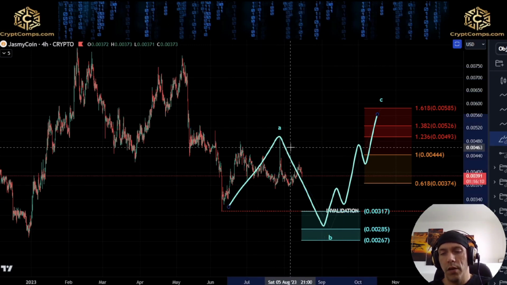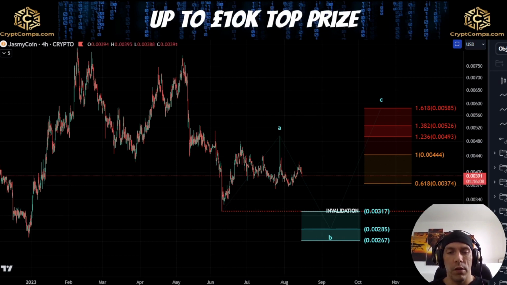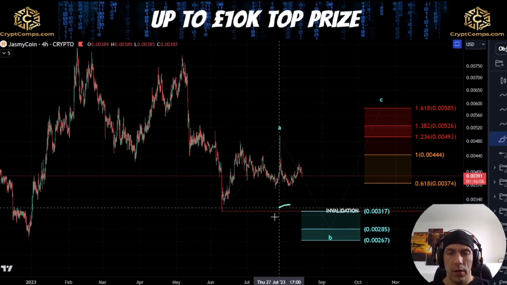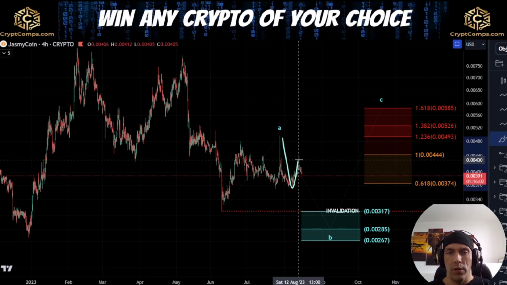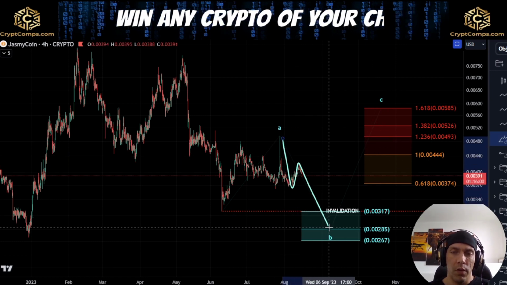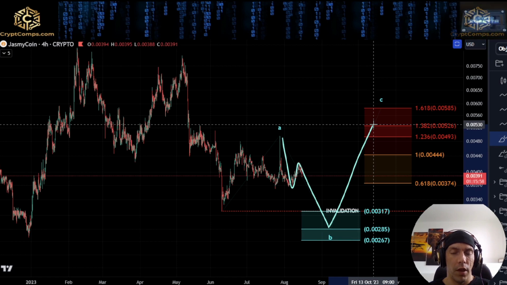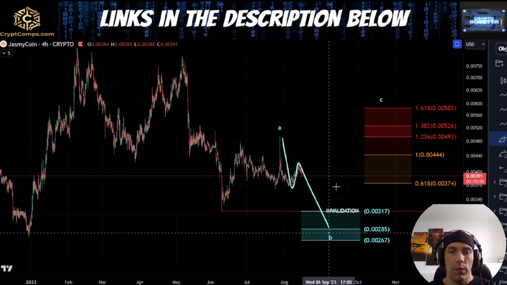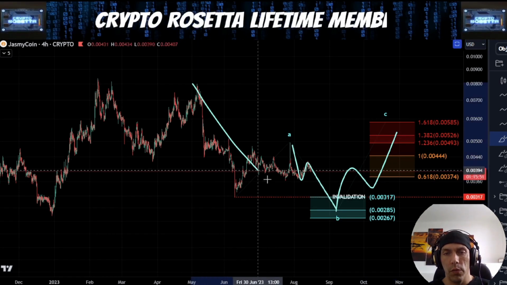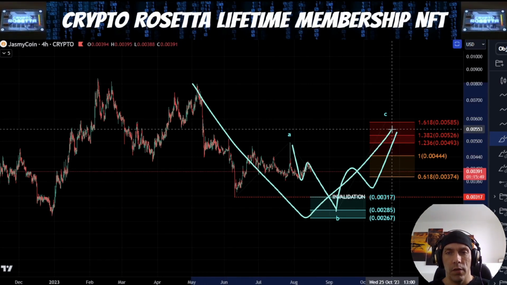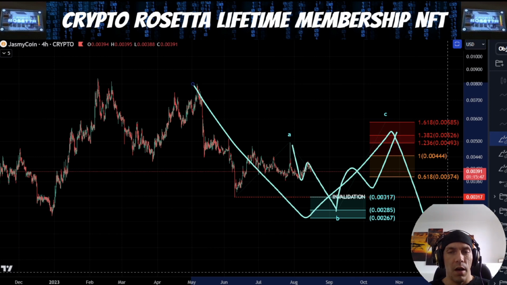We need to see where the price can continue to hold these key bullish levels. If we do lose this level here of this 317, what I want to see is how we break down. If we just break down in 3 waves here, we could then potentially look to reverse to the upside in 5 waves. If we develop in 3 waves to the upside, this could also then just mean that this whole move here is W. We get this as an X, and we're still going to see a move to the